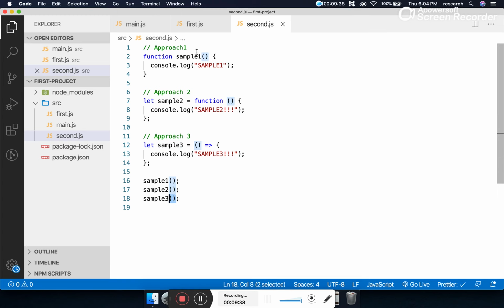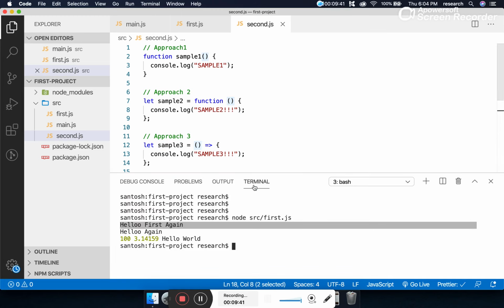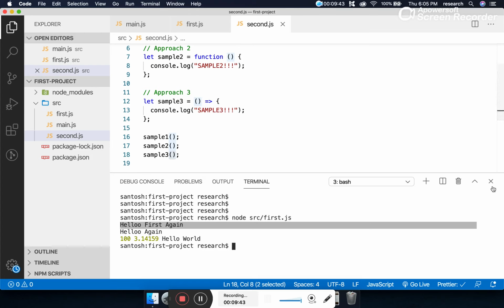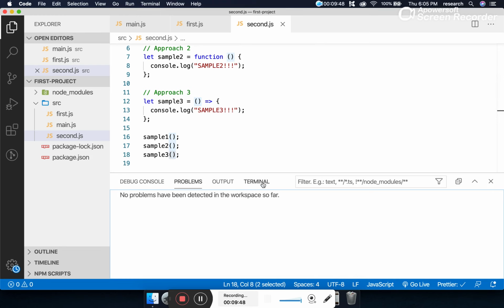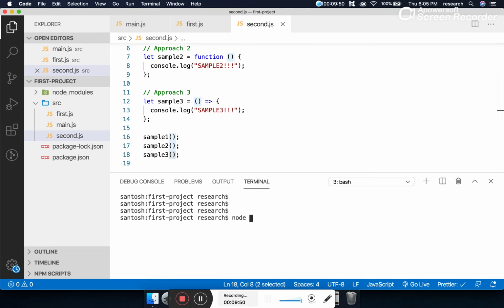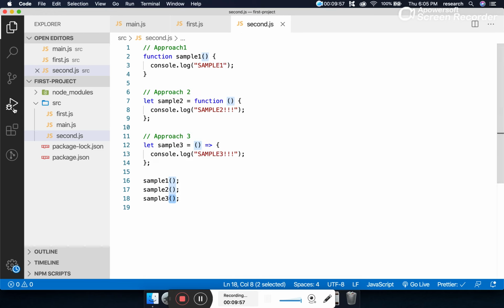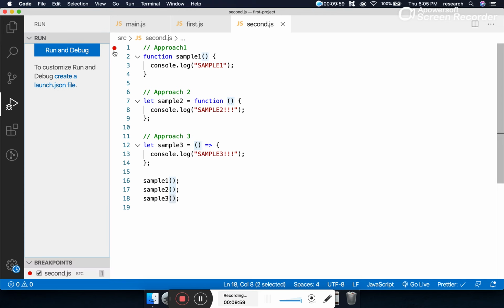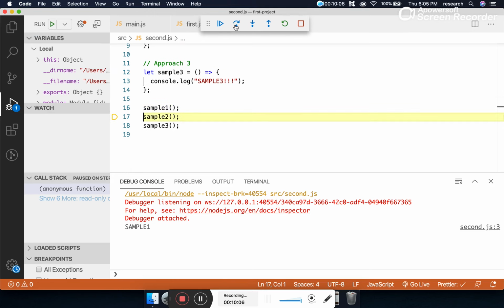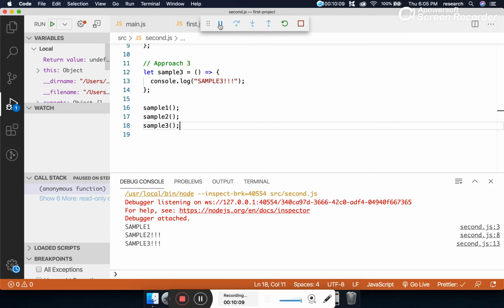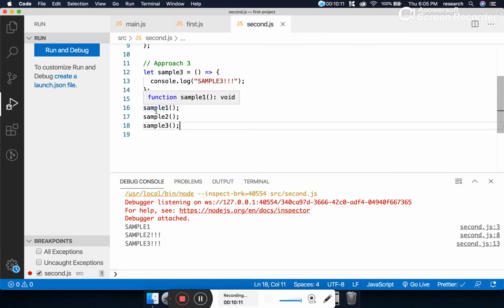So let's call this function, or let's run this program by going to the terminal. How I did open, you can toggle it from here and go to the terminal section and run the program, node src, what is the program name, second.js. You can see all those outputs. Or what we can do, we can go to our debug section, we can put a debug point, and we can start running the program with node.js. So we can go and see the output one after another. If you want to visualize, debugging is always very useful.